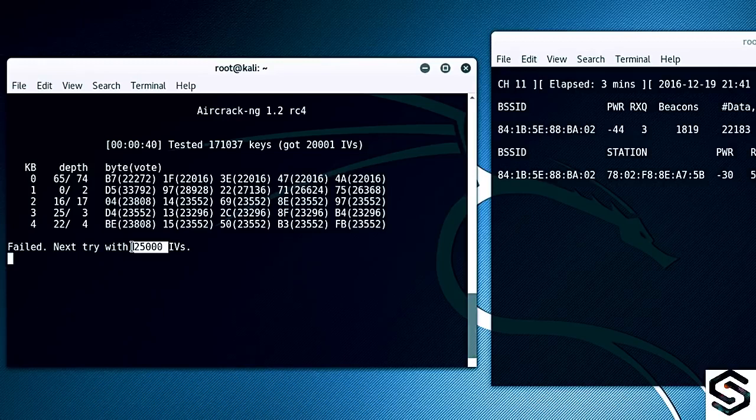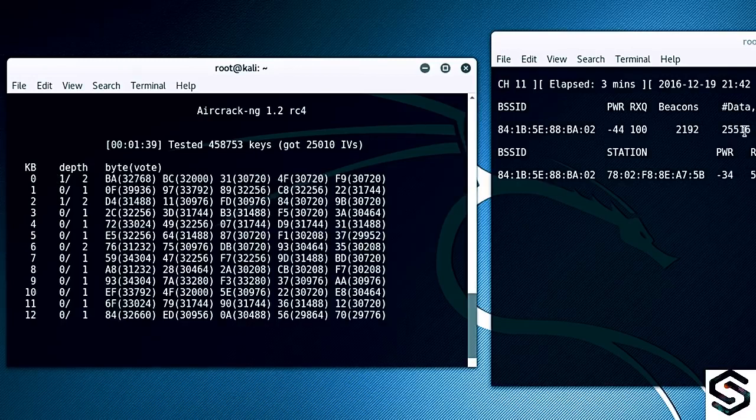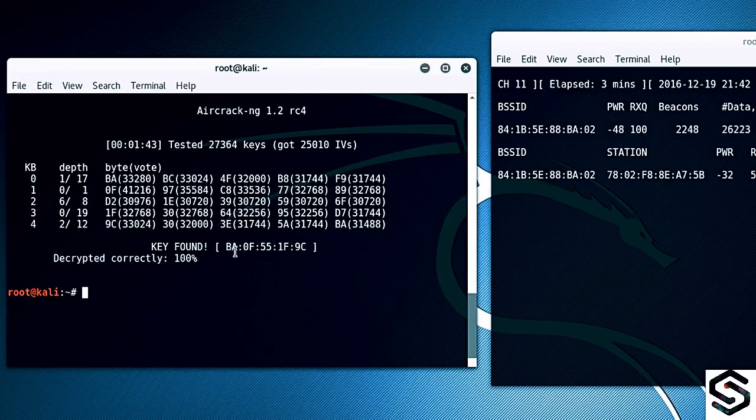If the victim has used a simple password, then that password could be cracked within 20,000 IVs, in fact under 10,000 IVs as well. But here the victim is using a hard or complex password, and that's why it is taking lots of IVs to crack it. Okay guys, 25,000 IVs, it is trying again to crack the password, and you can see, guys, we have got the password here, that is